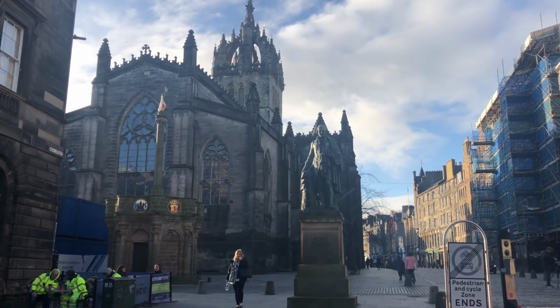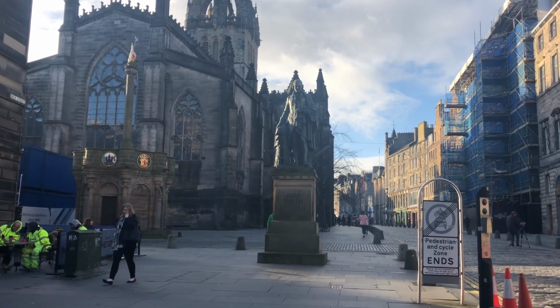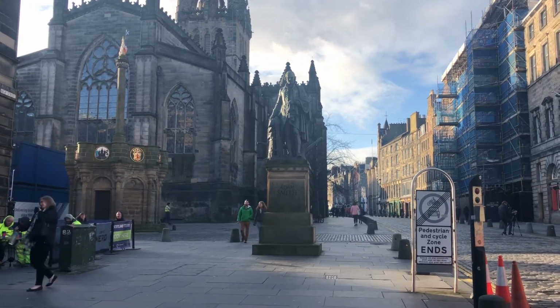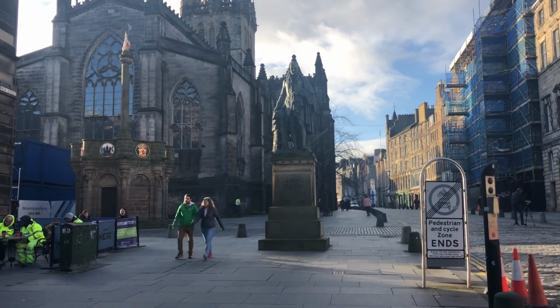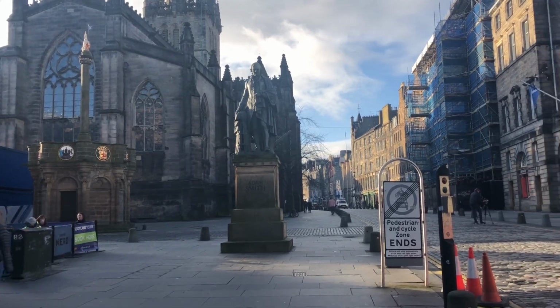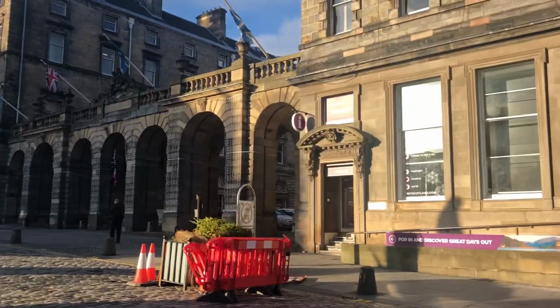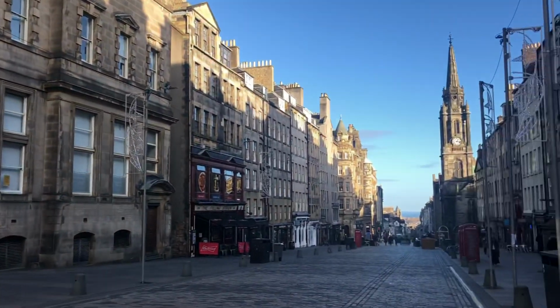As we look up towards St Giles Cathedral, we have a statue in front of us of Adam Smith. Adam Smith was one of the fathers of the Scottish Enlightenment, and he was a famous economist who wrote The Wealth of Nations, which was a blueprint for many countries' economies nowadays. And as we start to walk down the Royal Mile,